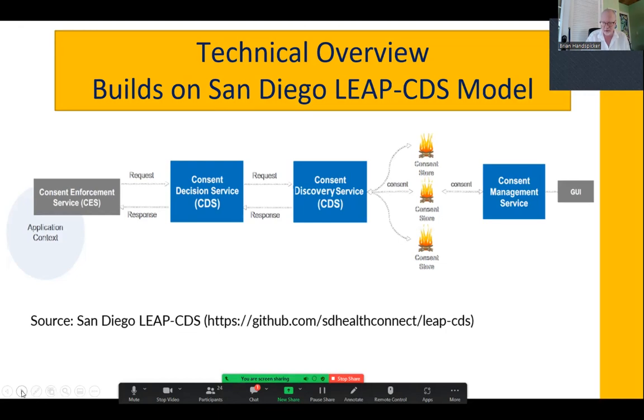It was designed to support social care as well as healthcare data consent, but they were only able to implement support for the healthcare consent during the grant period. Mohammed, by the way, is leading one of the other breakout groups this afternoon, and I'm sorry I'm not able to listen in on his presentation. Next slide.